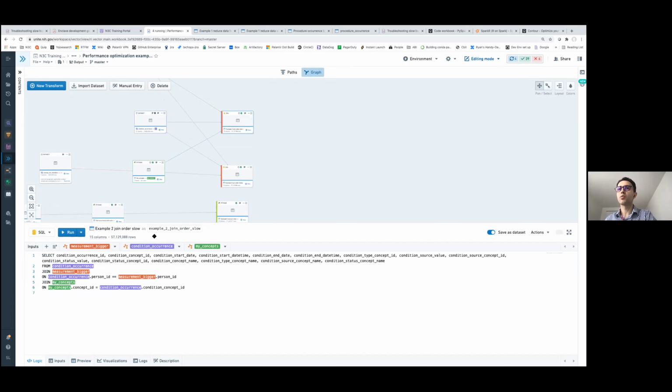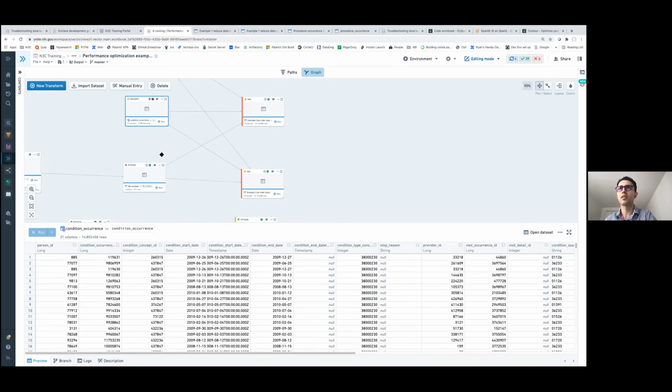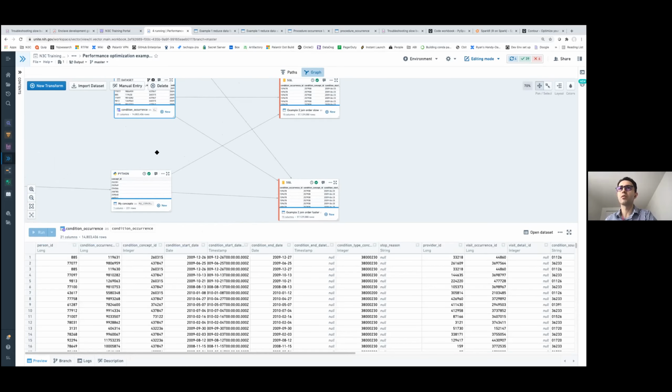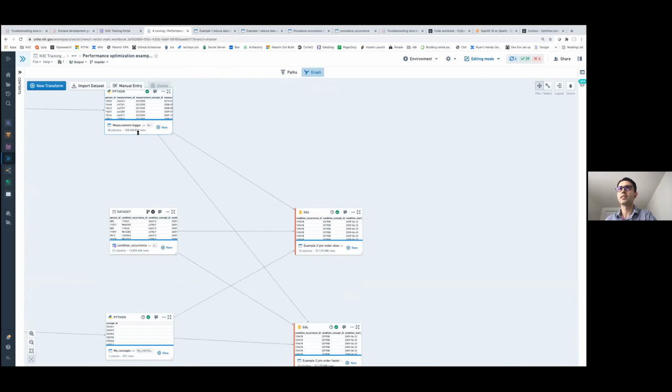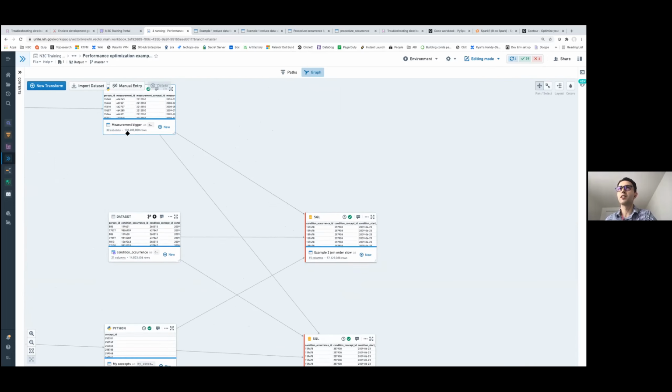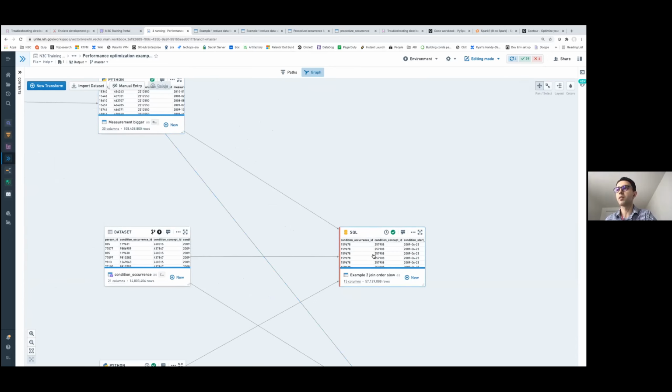But essentially what we're doing here is performing a join between the condition occurrence and the measurement table. This join results in a large table because of the number of records. If we look at condition occurrence, we have 14 million rows, and the measurement table that I'm using has 108 million rows.